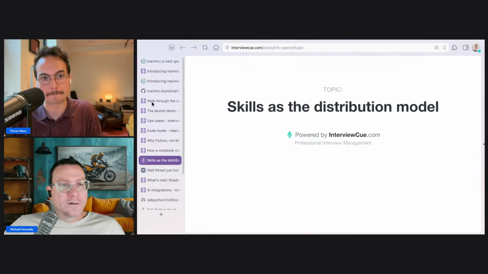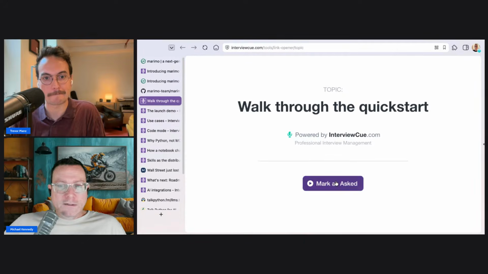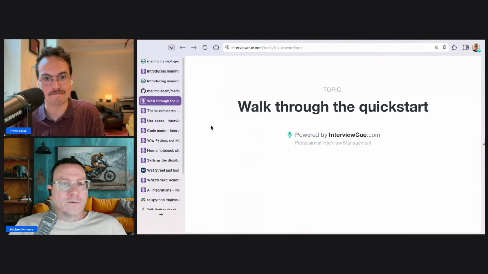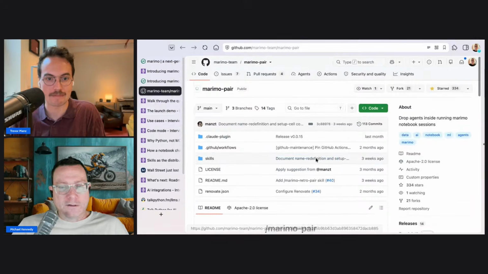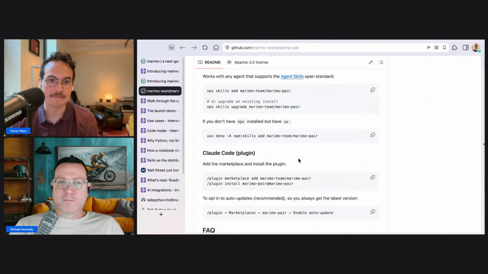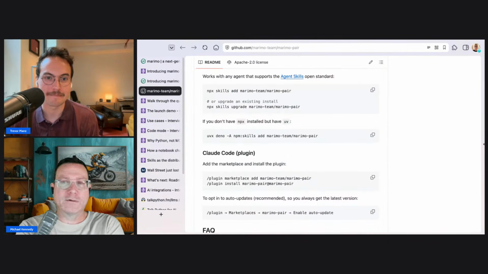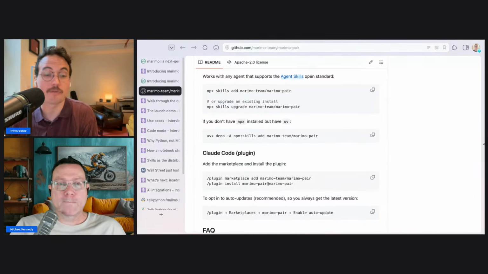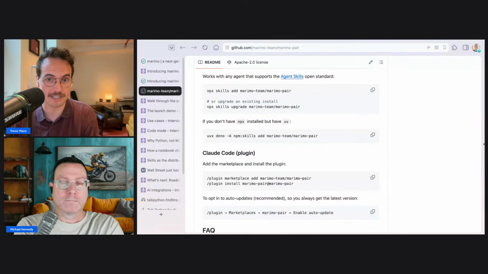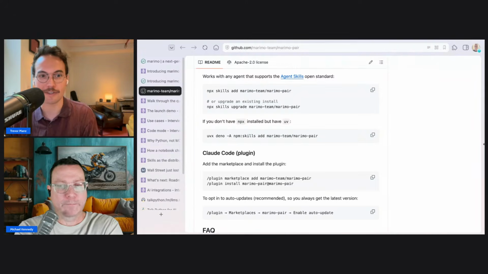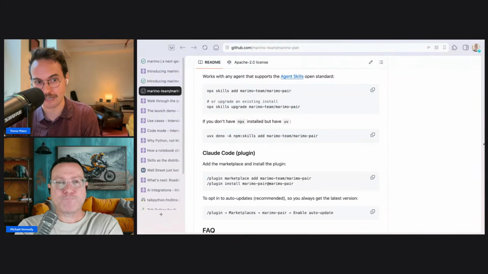Yeah, for sure. All right, let's walk through installing this and maybe a quick start story. So first, installing it, how do we do? Yeah, so first of all, a skill is a folder of some files, and there's a file called skill.md. This is an official specification that you put somewhere on your file system for your agent to find.